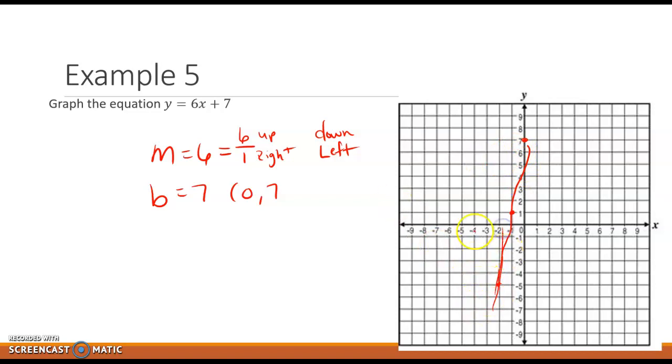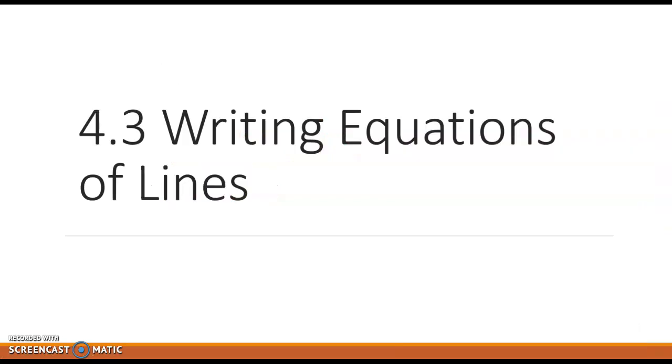But we would draw our line, or attempt to draw our line, through these points. Yours will be much better than mine obviously are. But we've graphed the points, draw a line through them. And that's all I've got for graphing using